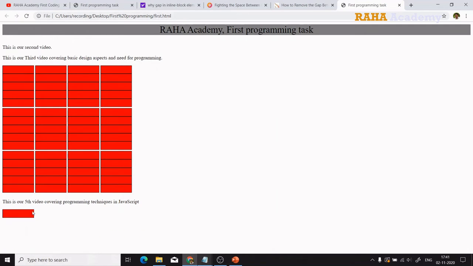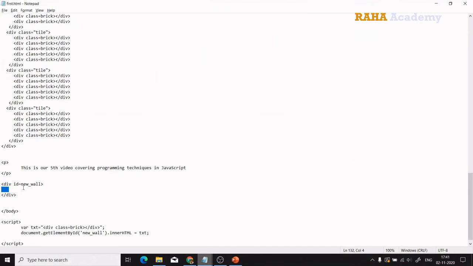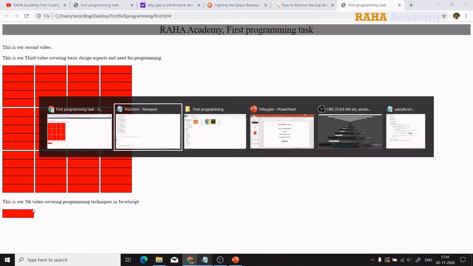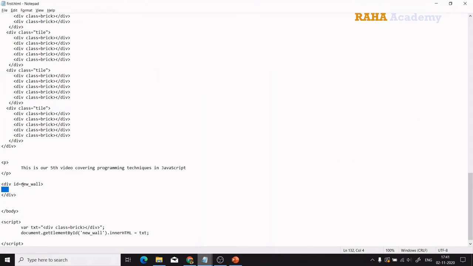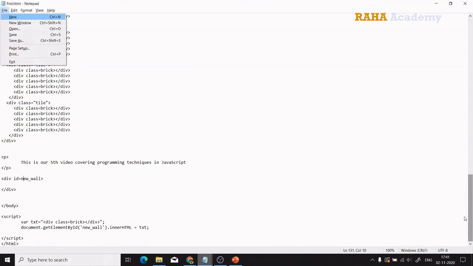See now, fifth video covering programming techniques JavaScript, and we got a single brick where the ID is equal to new wall. The ID is not visible, all those things will not be visible here, but we are using this to access it programmatically. So now we got a brick wall under that. Now what we'll do is